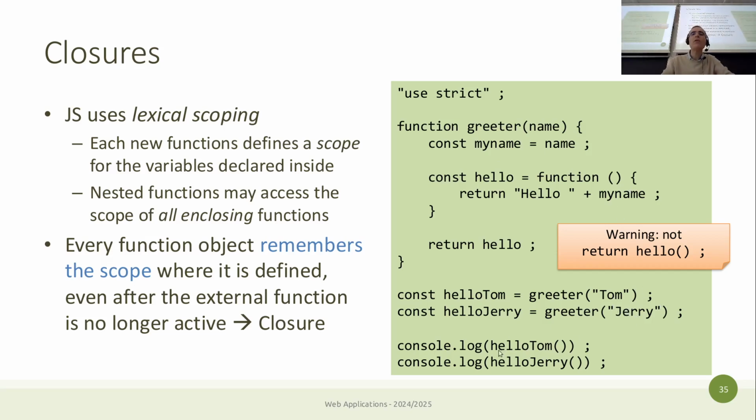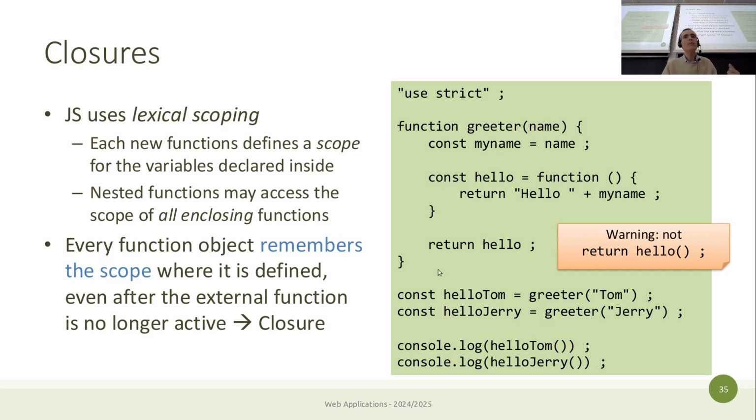So when you call hello Tom, without parameters, because this function hello doesn't take parameters, you will get what? You will get hello Tom. And when you call hello Jerry, which is always greeter, it's always the function hello, you will get hello Jerry. Okay? Because the function that you returned